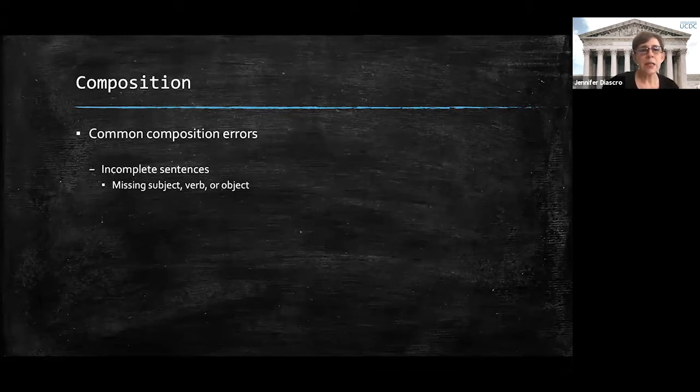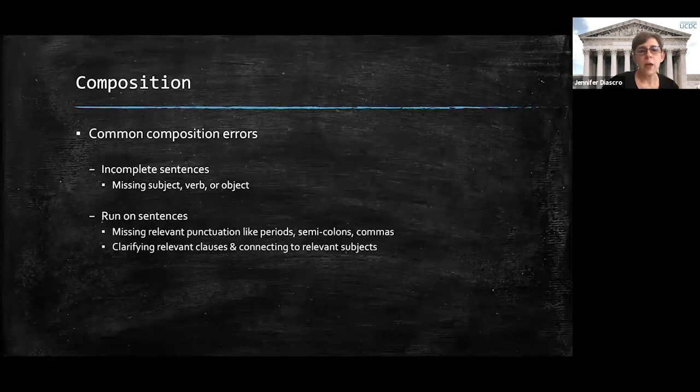But when you're reading a sentence, usually the problem is with run-on sentences, where you have put in a period where it doesn't belong, or you've left out a period where it does belong, or you're not using semicolons or commas properly. There are clauses and things that get mixed up. Oftentimes this happens with my students when I think they're trying to be fancy. And I'm like, don't write fancy, just say what you mean. And of course, for me to say what you mean is hard enough. I understand that, but you really just want to make things simple. You're trying to communicate something to somebody else. Say it as simply as you possibly can.